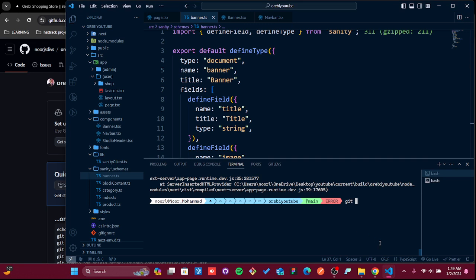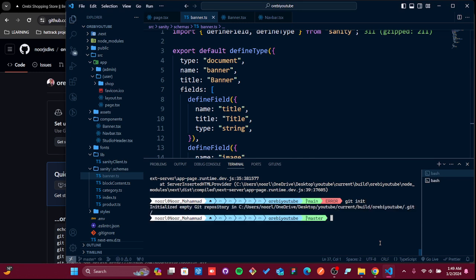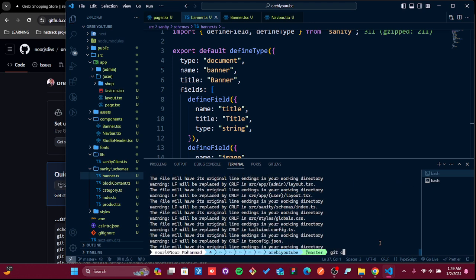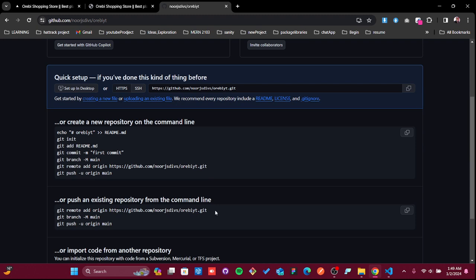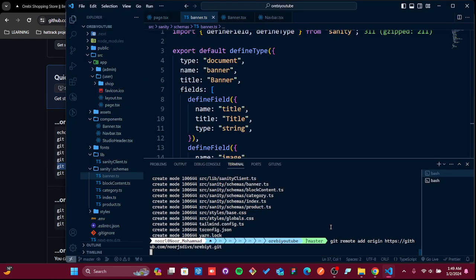So I'm going to run git init, then git add dot and git commit with the message initial commit. Now I'm going to connect my repo here, and git push